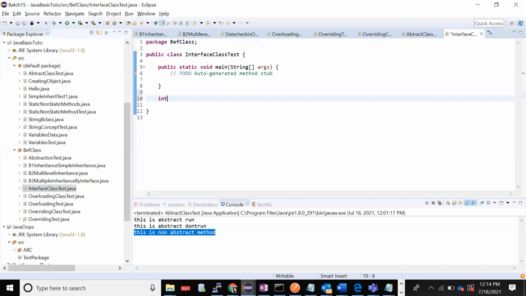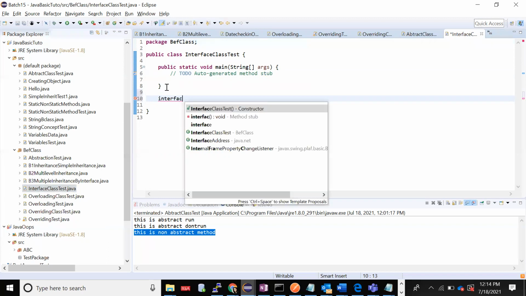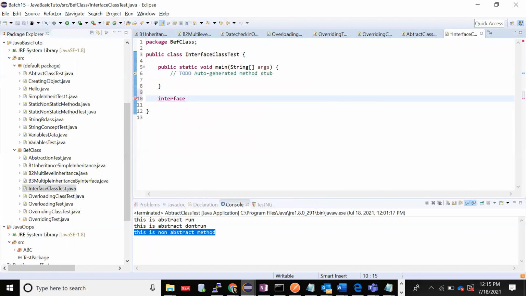We declare an interface like how we declare a class. I'll just create one as a parent. Done. Next I'll create an interface child.